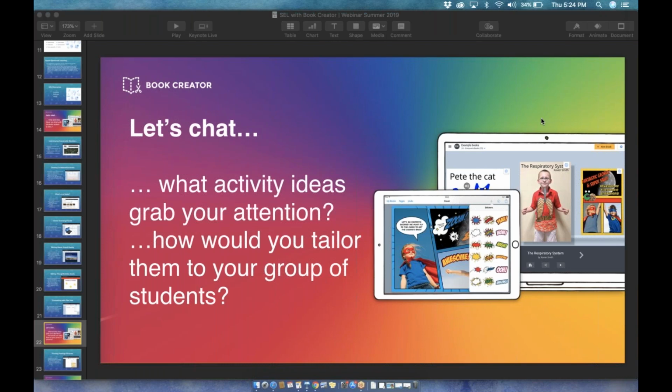So the pen pal one is one where you can find a partner class. Maybe you have a teacher that used to teach in your school and then they moved to a different part of the world. So that's one that you might do. Kara, I'm glad that you like the what's in a name for the beginning of the school year. Definitely a great way to get kids talking and sharing as well.